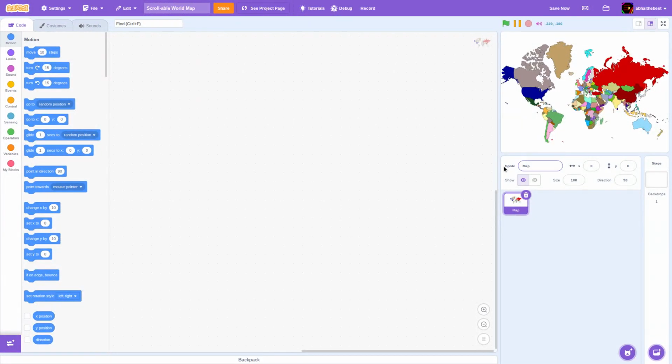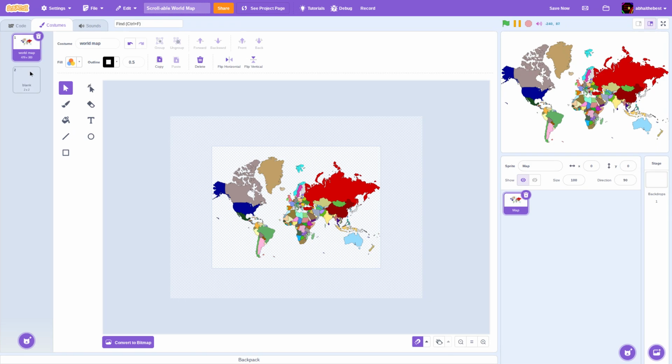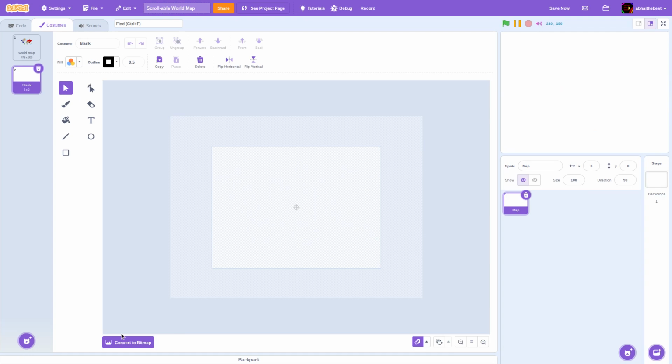Hello everybody. Today we are going to make a scrollable world map in Scratch. As you can see, I have the map sprite and I have both costumes right over here. Let's do something with a blank costume first. If you have a blank costume, we'll do this to make it